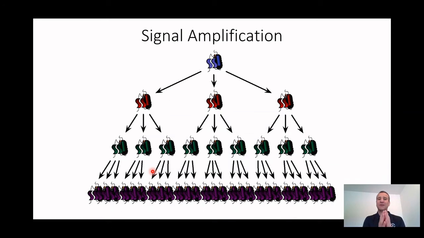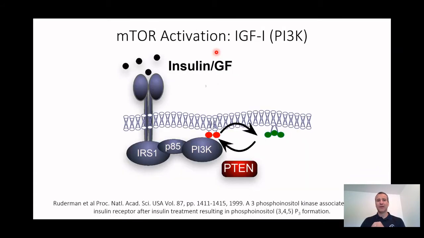So the exponential growth component, or signal amplification, is a component of any of the molecular pathways, the phosphorylation pathways, that we're going to talk about. So a single molecule of IGF1 binding and turning on the first kinase is going to have this huge cascading effect. So let's keep that in mind, but I'm going to draw it as a single molecule to a single other molecule. All right, so what's going to happen is anytime you get a hormone like insulin or IGF1 that